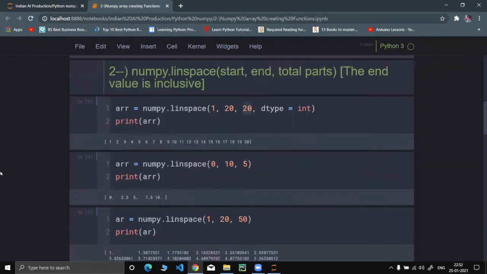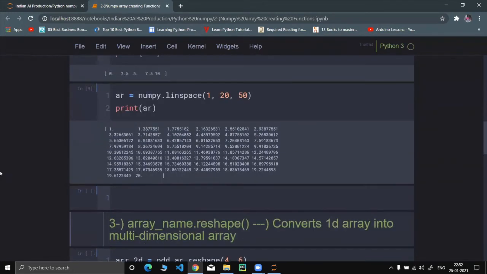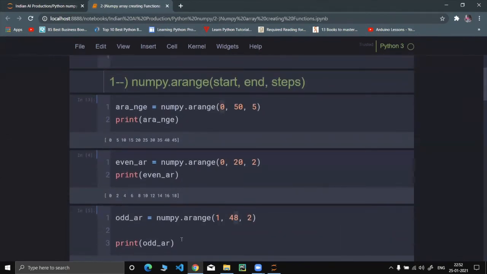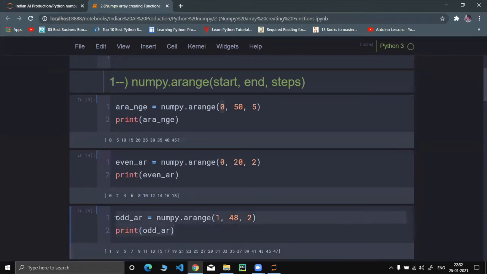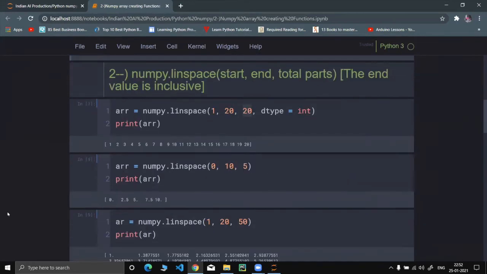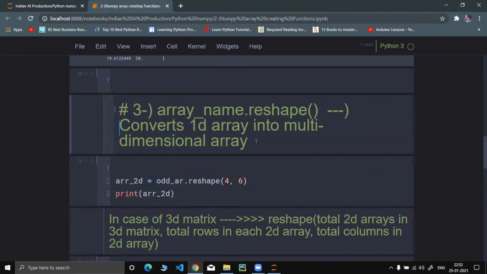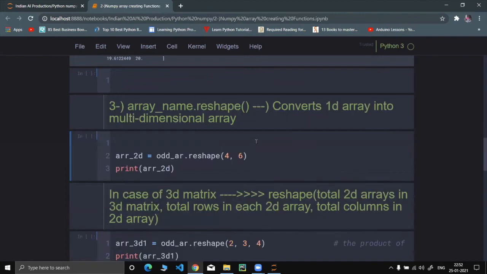Array underscore 2D. Guys, remember this function over here. This reshape function I have already explained previously.